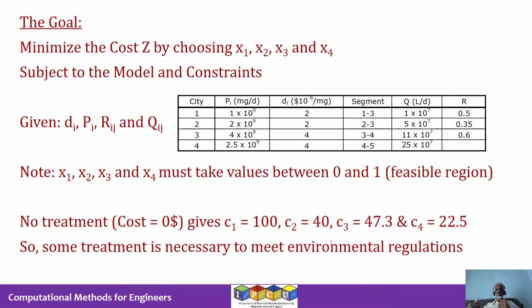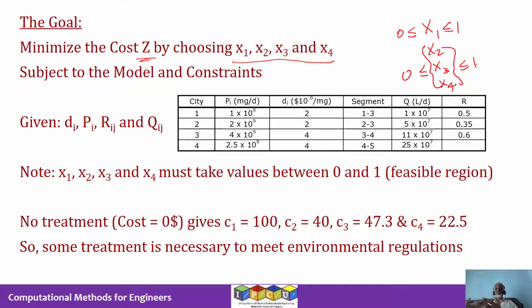Now let's go a few steps further towards the MATLAB implementation of this problem and the solution of it. We know that we are interested in minimizing the cost by choosing x1, x2, x3, and x4 appropriately. x1, x2, x3, and x4 are fractions, and by definition we know x1 should lie between 0 and 1. Same for x2, same for x3, and same for x4. All of these should lie between 0 and 1. Those are other constraints that we have to implement as part of our solution strategy.